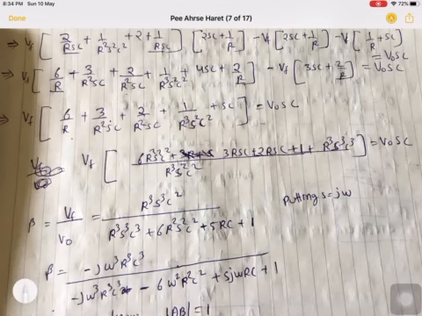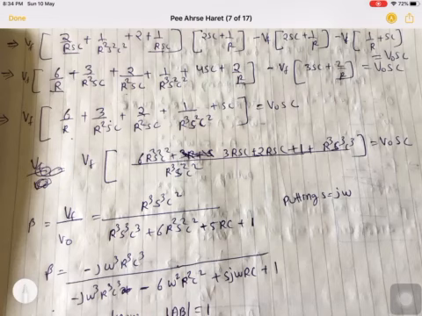And then this term multiplies with 1 by R, so it becomes 1 upon R cube S square C square. Then 2 multiplied plus 2SC becomes 4SC, and it becomes 2 by R. Here this is also minus VF, this is also minus VF, so I've added these two. So 2SC plus SC becomes 3SC, 1 by R becomes 2 by R equals VOSC.